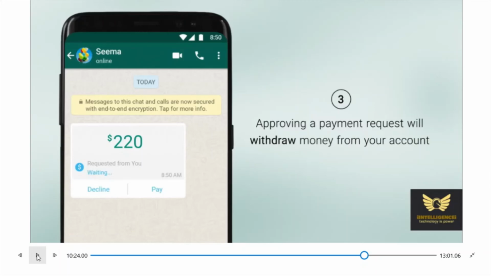Pay or decline, right? If you click on pay, it is assumed that you are approving a payment request. This will make money withdrawn from your account. So you need to just decline it.